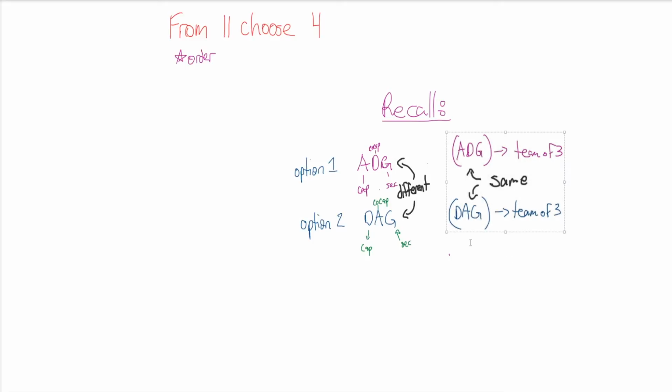So this here will give us slightly less options, right? Because now I have taken away some options. ADG and DAG are the same. And so the math here is NPR,